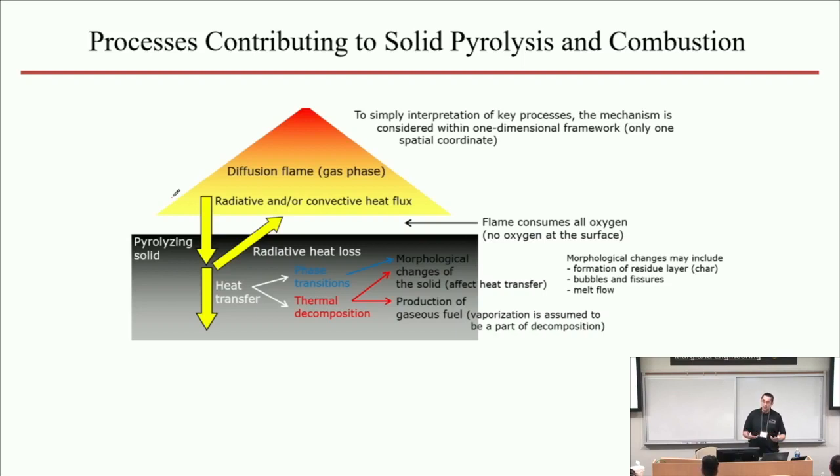Now, the gases that are produced inside the solid also eventually have to make it back to the surface. And so there is an element in this process that involves gaseous transport. These gases eventually reach the surface of the material. And once they reach the surface of the material, they ignite and/or burn in the flame that already exists at the surface. So trying to take all these processes into account is the domain of comprehensive pyrolysis models.